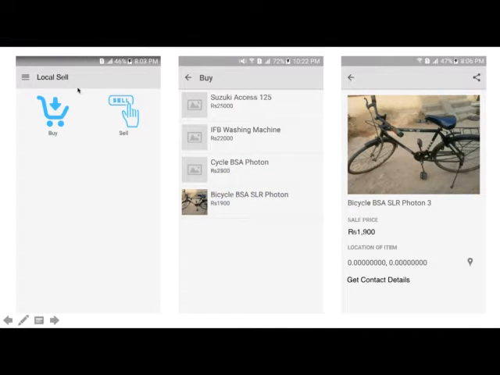We will use Cloudant NoSQL database service to store information about the items that are up for sale, such as the product image, the sale price, the geolocation of the item, and the contact details of the seller. So let's go to Bluemix